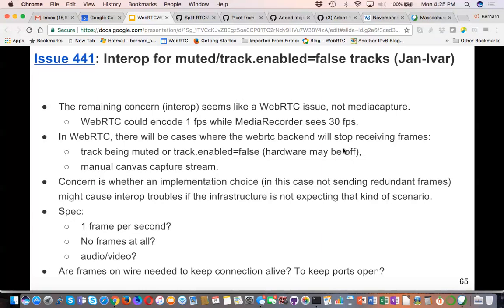One frame per second seems to be the practice. When we specified it for media capture, we just said black and decided that what was used internally for representing black was an internal matter. When you come to WebRTC PC, 1 frame per second might be good advice.